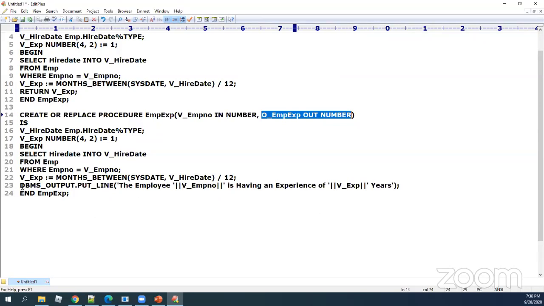Now, we have calculated the experience into this variable. This data should go to the calling environment. So we are trying to catch up with the construct and moving down through the process. Just watch here.